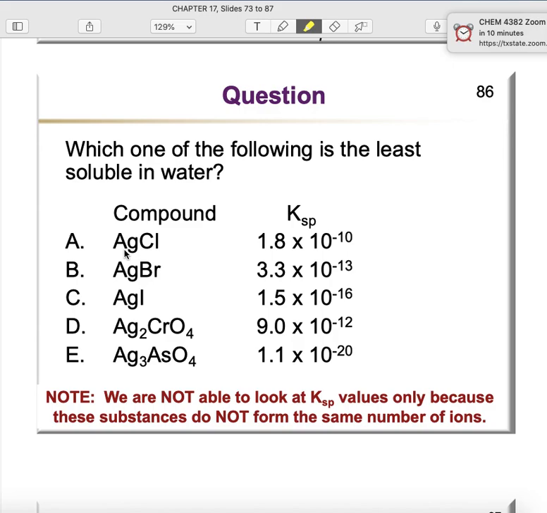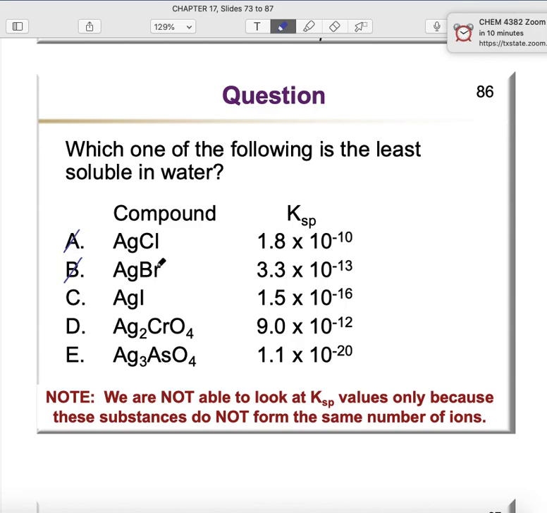The most soluble ones would have the higher KSP. So we could go ahead and eliminate some. We could eliminate this guy and this guy because the silver iodide has a smaller KSP, and therefore it is least soluble out of those 3, right? And again, we compare them because they have the same number of ions,